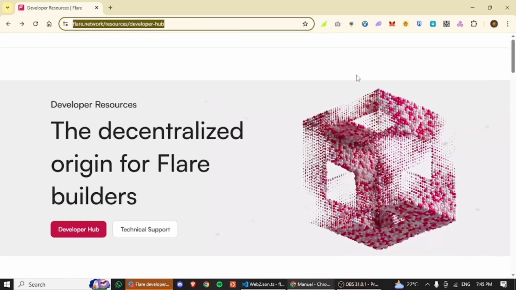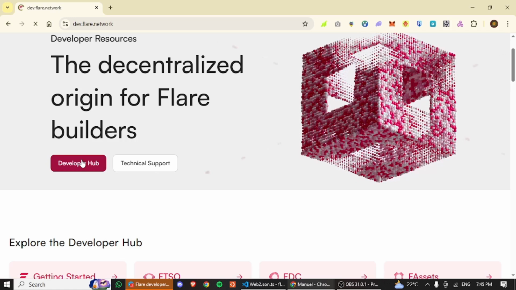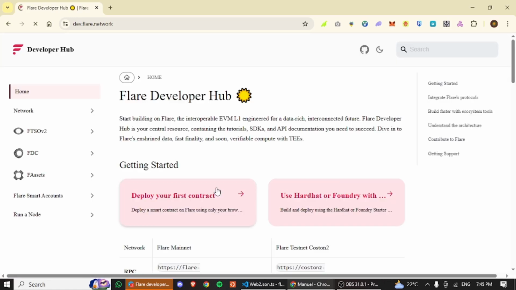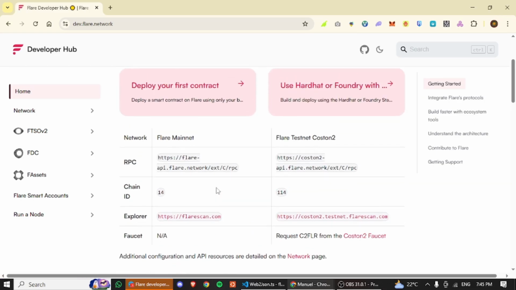I want to show you something very specific. When we get into the dev resources and then go to the developer hub, here you'll find everything you need to build on Flare. Just like most blockchains, Flare has a testnet and a mainnet. But unique to Flare, and this is unique even among just a few other blockchains, it has a canary network. For those that have been building somewhere, maybe in the Polkadot ecosystem, I'm sure there's an entire canary ecosystem there.